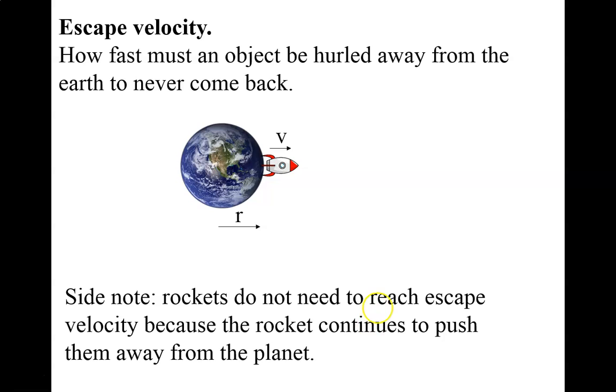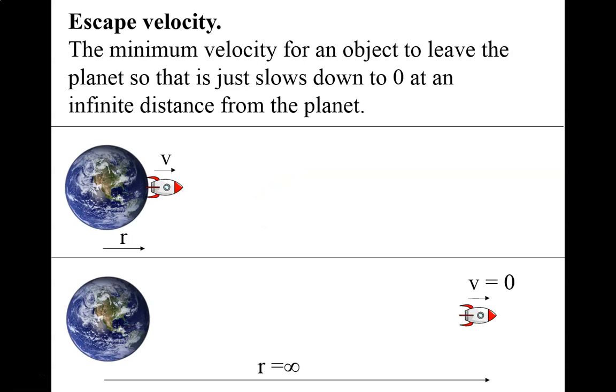it'll never come back. And so I've got a picture of a rocket. That's probably not really a good picture. Rockets don't need to reach escape velocity because they can continue to eject gas and get thrust, and can leave the Earth not at the escape velocity, they could keep burning fuel and getting thrust. So they don't need to reach the escape velocity, which is quite high. I'm not going to make a big deal out of this. This is just one of those things that's on the AP objective, so I wanted to at least make sure I exposed it to you.